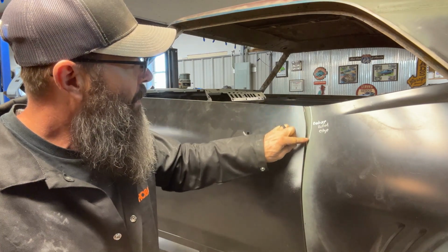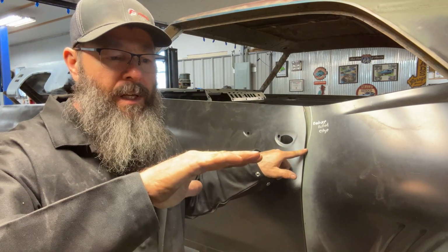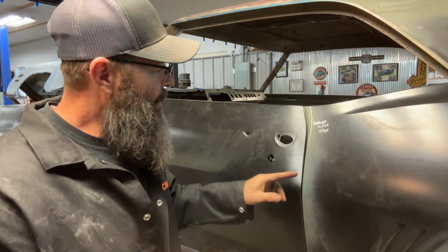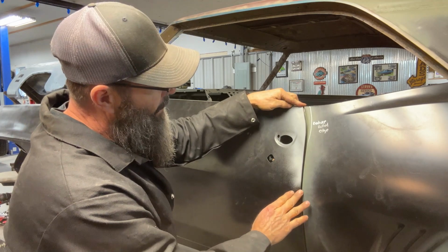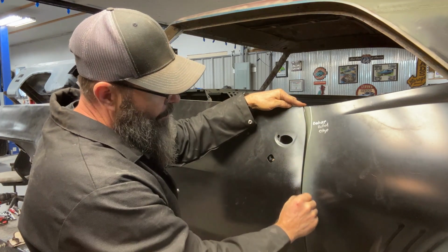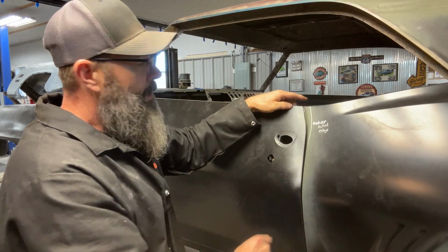This edge from here to here has more of a radius to it. I don't know if you'll see it in the camera, but I want to close some of the radius up on this to where it looks closer to what's below it. Additionally,